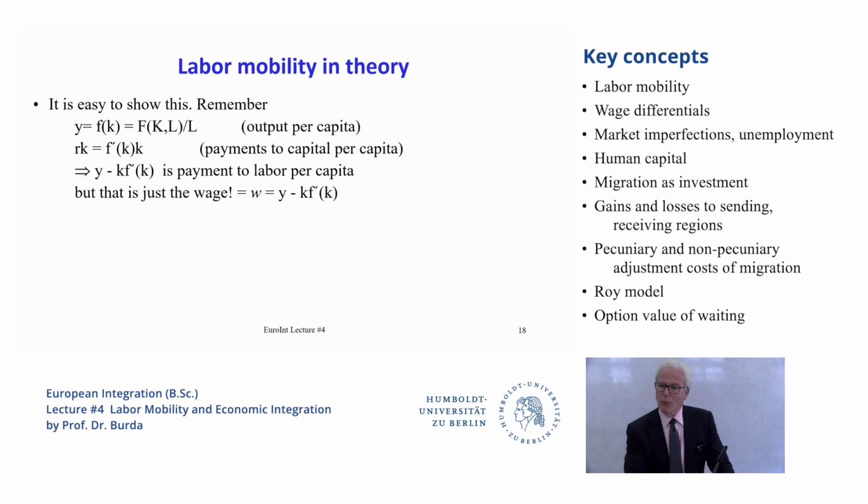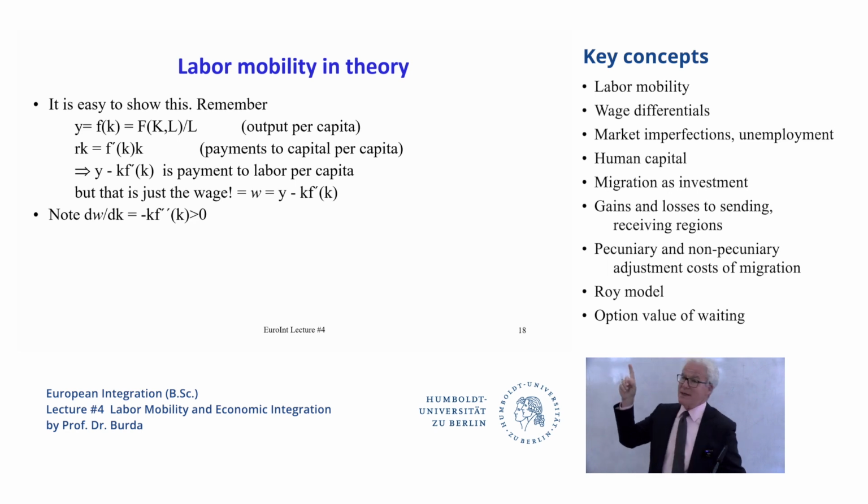So what happens when you change little k? What if you change little k? Then you're going to change the wage. Okay, so if you differentiate that expression with respect to little k, what happens? Well, do it at home. There are three components of that derivative of w with respect to k, and two of them cancel. So what's left is basically the second derivative times little k with a minus sign in front of it, and that thing is positive by assumption. Okay, so wages will rise when the capital per unit